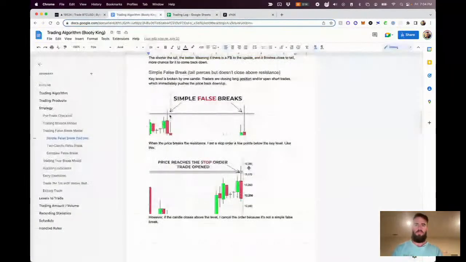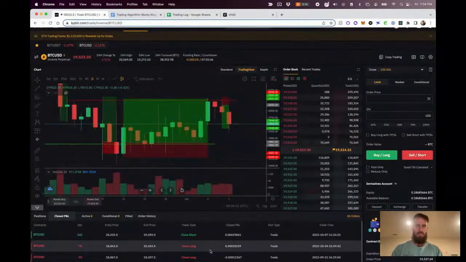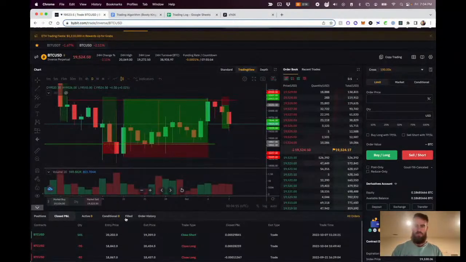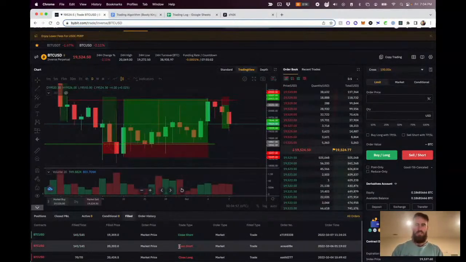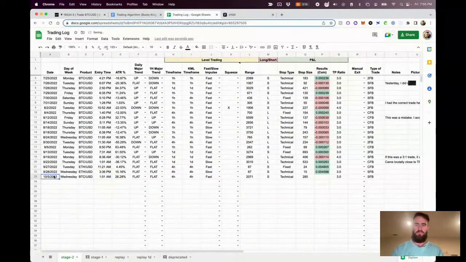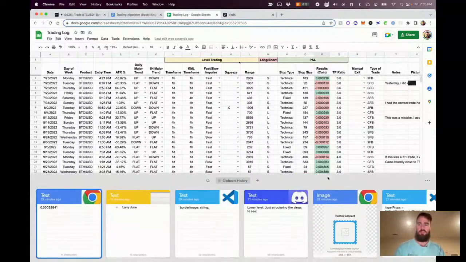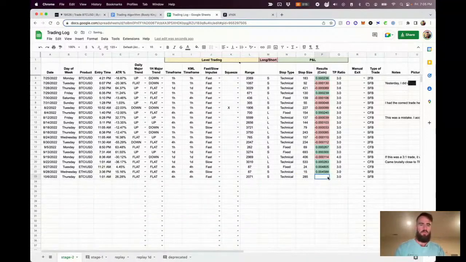And actually, I think it wasn't even that day, was it? It was the 6th filled. So I put the order permit asleep and didn't get hit for a few hours. It was filled here, and I filled out all the other info already, so the stop size and everything like that. Take profit ratio. Here were our profits. Looks like a lot less than this one, but this was an ETH trade, so this is the normal profit